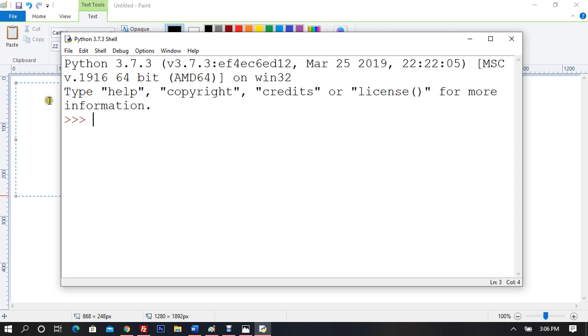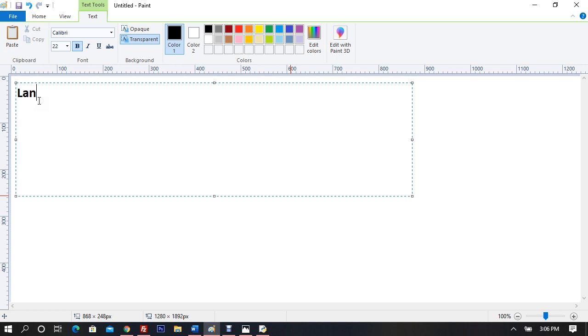Now what is a language? It's a very simple question. Language is basically something linguistic which other people can understand. Or we can say language is something that I use to make others understand. And here we use language to make the computer understand. The computer is not going to understand English, Marathi, Kashmiri or Hindi. The computer has its own way of understanding, that is zeros and ones. Computer only understands zeros and ones.